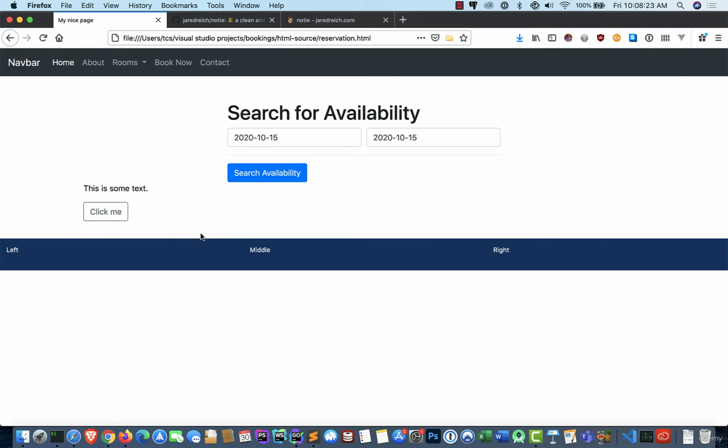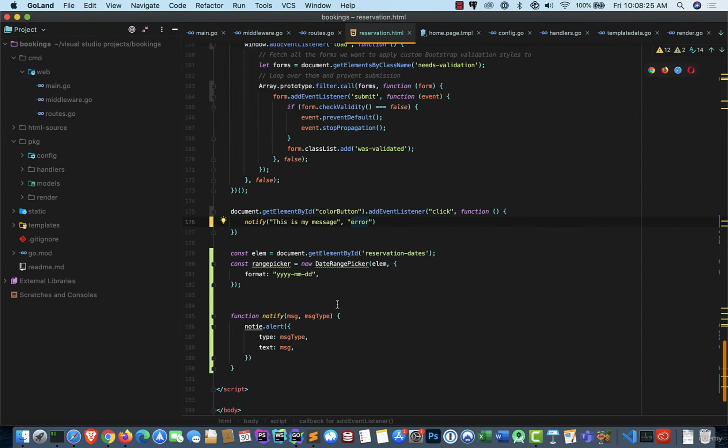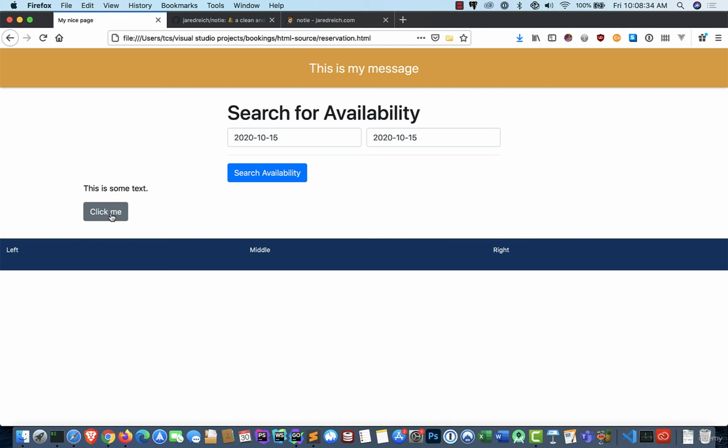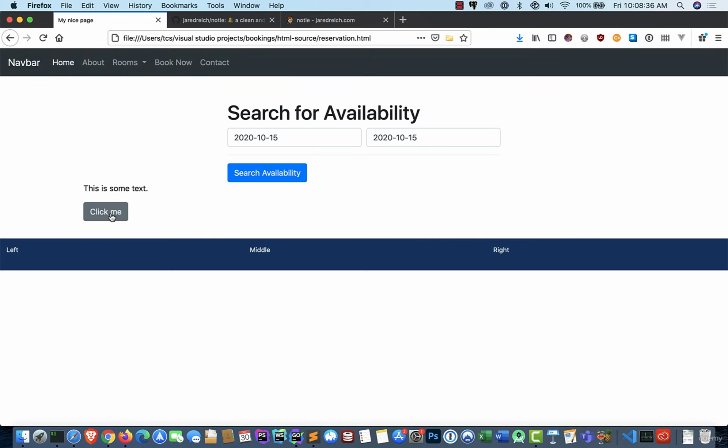Well, that is going to be incredibly useful for us, and we may as well try the warning one as well. So warning. Reload, and there's my warning. So that's going to be useful for us to actually notify our users about success events, about errors that have taken place, just to give them a warning, whatever it may be. I don't know how I'm going to use it yet,